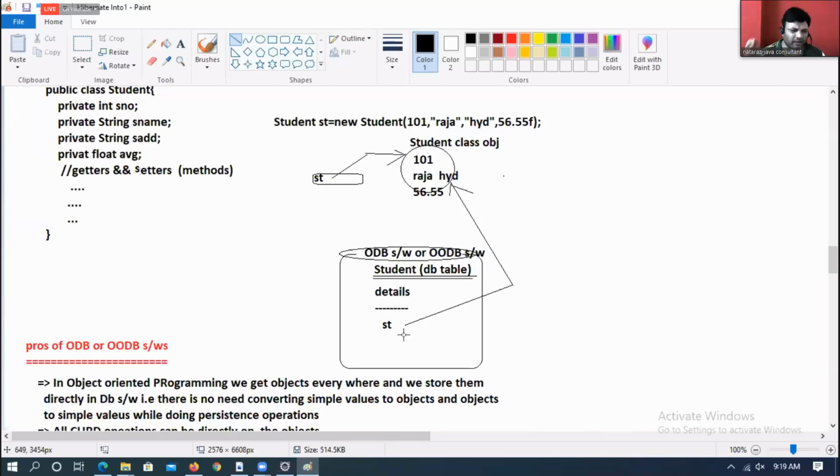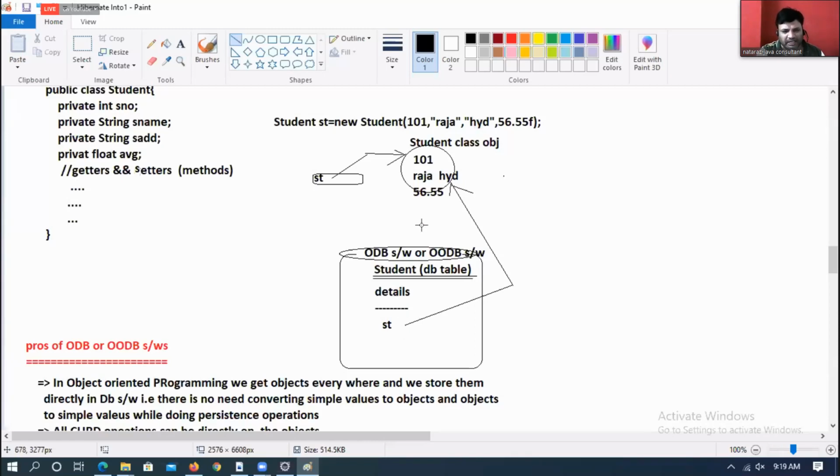Please focus. Right now, the entire world is running with object oriented programming languages, where everything comes in the form of objects. Object database software is given to store those objects directly as table column values. Sir, great, na? Yes, great.